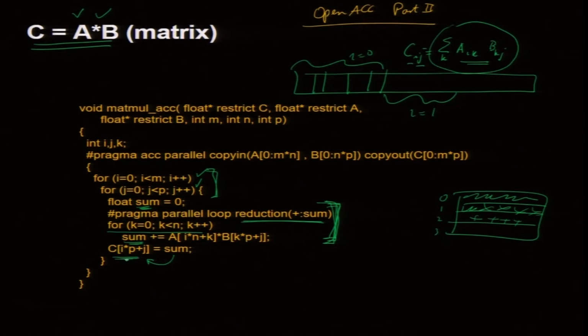So, for given ij, where is this element C? So, i star p. Okay. So, p is the number of columns. So, for row 0 this will be 0 times p is 0, then j. Okay. For row 0 it will be just here, for row 1 it will be here, which is, I cover the first row, then go to the second row. Okay. So, I am sure you can understand this very easily. So, this is where C element ij is in the 1D array, and this is updated with sum.